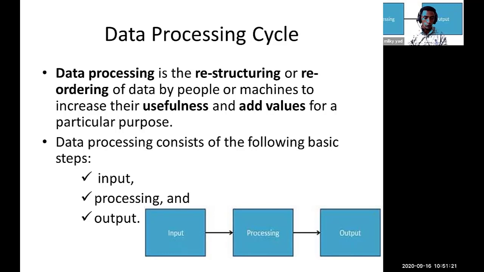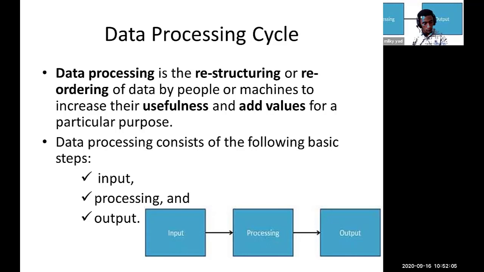Output unit is also a hardware part of a computer to display or present output in different formats to the end user. For example, we can consider a monitor. Also, we can consider a projector. Also, we can consider a printer. A printer is actually a special hardware, a hard copy output device. So, by using these four major parts of a computer, there are three basic steps